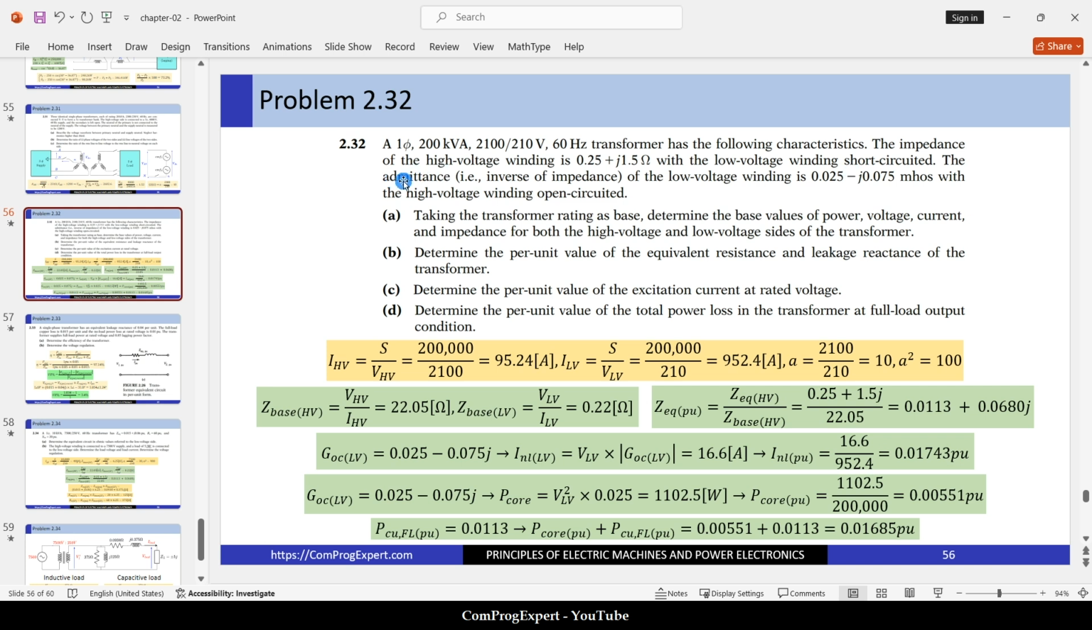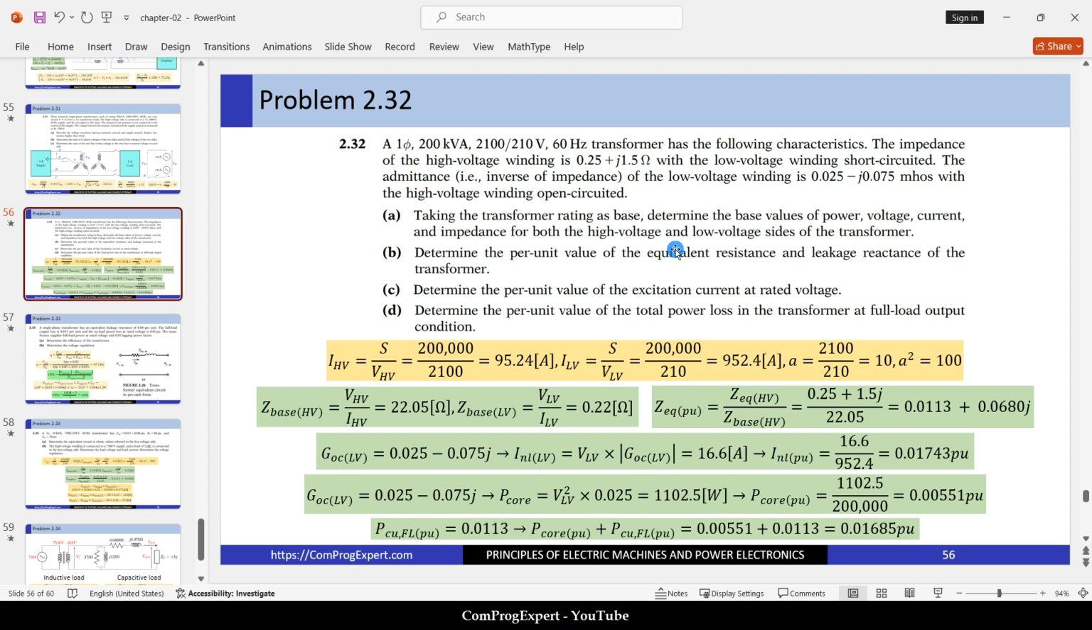The admittance, the inverse of the impedance, of the low voltage winding is this one with the high voltage winding open circuited. This is the value of the admittance in the open circuit test, right? So the inverse of this, we can calculate the impedance and then we can calculate the equivalent core resistance and